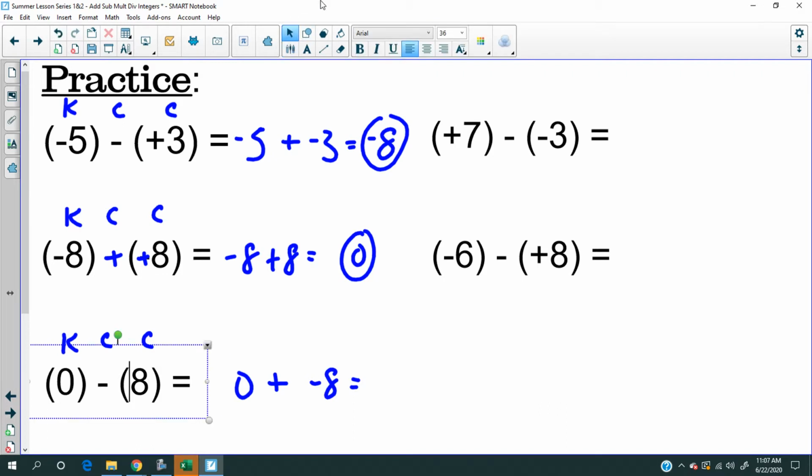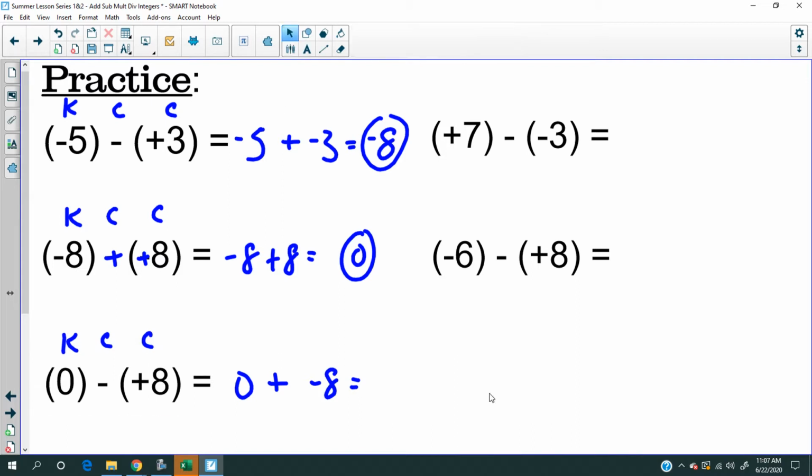This is just 0 minus 8, by the way. I don't know if you guys recognize that. Okay, so now, signs are different when we add them, right? So what do you do when you add and the signs are different? By the way, it's just -8. I know that, okay? But if you want to follow the rules to the T,